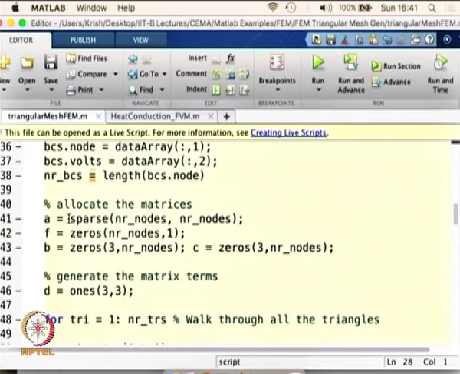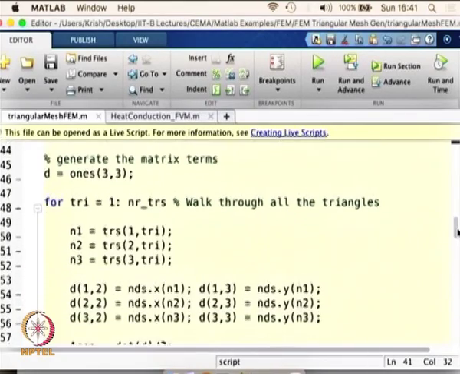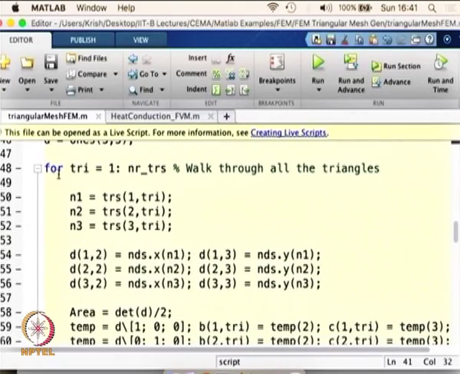So A, F and B. A is declared as a sparse matrix. The reason for doing that is it actually quickens the code. If you are interested in writing code that runs fast, you have to use certain inbuilt functionalities of MATLAB that will allow you to declare certain matrices as sparse so that the calculation can be done quicker. So once we do that, we are able to go through all the triangles